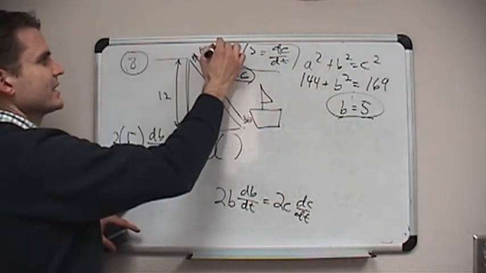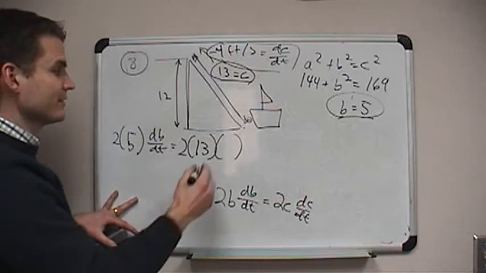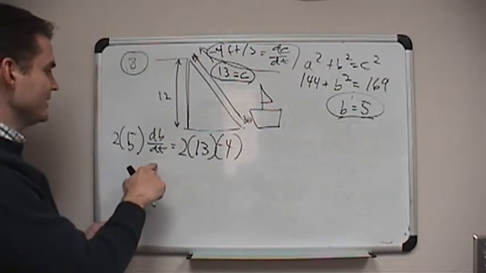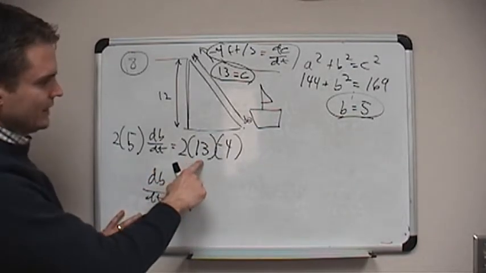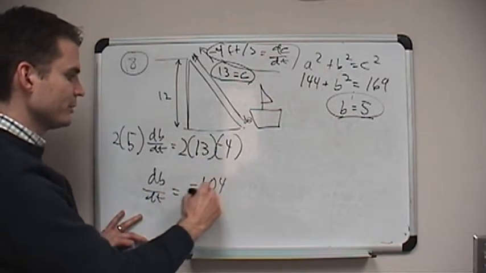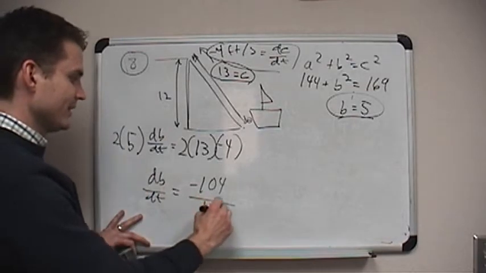And again, I would call this -4 because c is decreasing 4 feet per second. So we can solve this for dB/dt. dB/dt is going to be 26 times -4, which is -104, over 10,